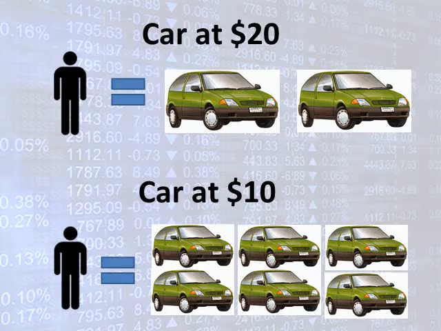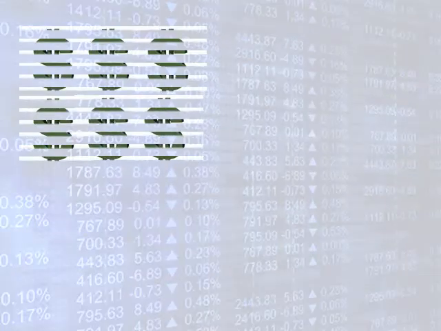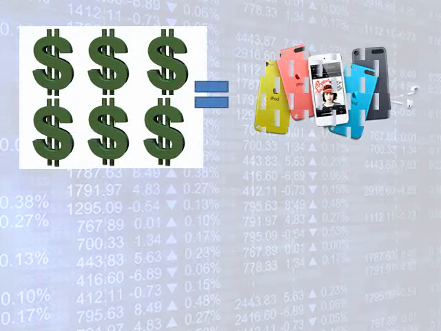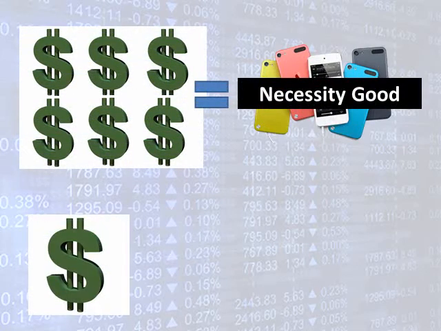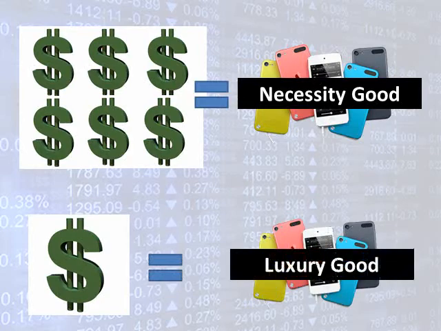However, it is important to note that whether a good is a necessity depends on the income levels of the consumers. The rich, who have more disposable money, may see a good as a necessity, while the poor, with less disposable money, may see it as a luxury item.